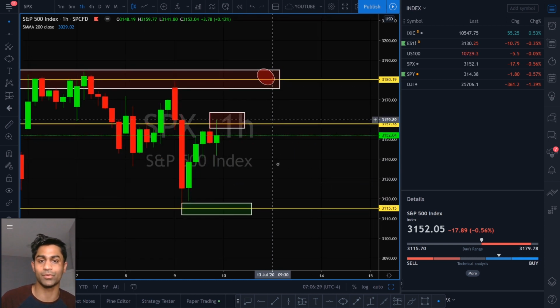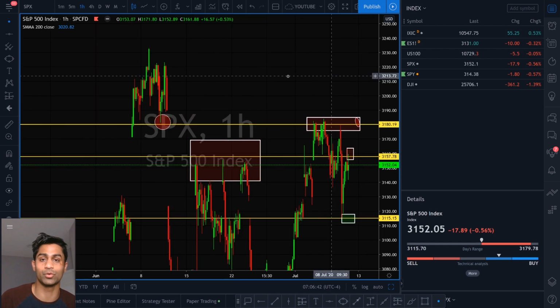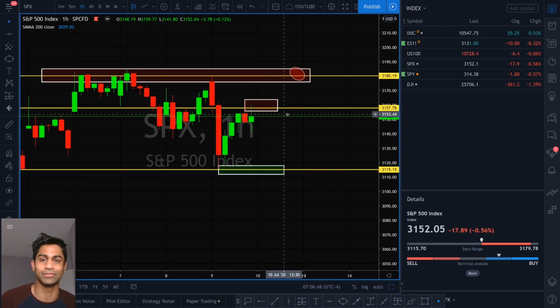So that being said, 3 levels that I'm watching today: 3180. If we do break out of our more near-term resistance at 3155, that's going to be the next resistance that obviously we need to break out of, and then retest the first week of June's high, which is going to sit at 3230. But if we do get rejected at 3155 yet again, then the next support I'm watching is